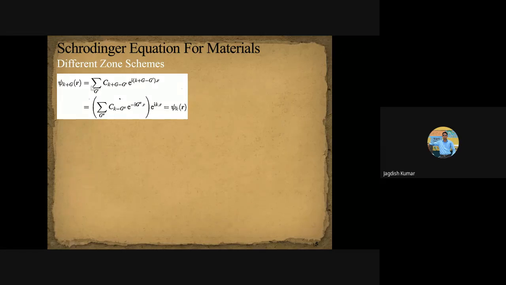So basically, this equation represents the wave function for an electron subjected to a periodic potential, which is actually the situation for an electron in a crystal. An electron put in a crystal sees the periodic arrangement of atoms, which can be seen as an electron subjected to a periodic potential. So Bloch proved a general theorem.